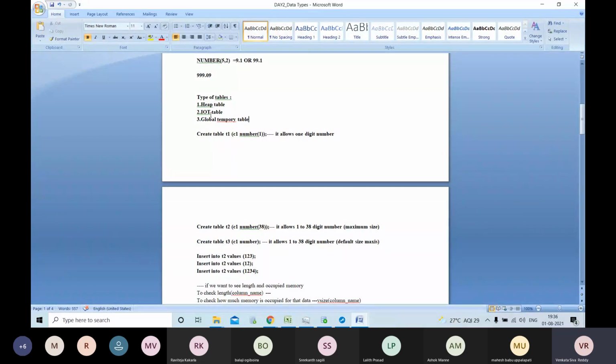While storing, it will sort the data and store it in a particular order. If you insert the data, Delhi is the first place and Andhra Pradesh is the last. IoT means index organized table. That will maintain the data in a particular order, alphabetical order, and store it in the database. IoT is created based on some columns, not all the columns.